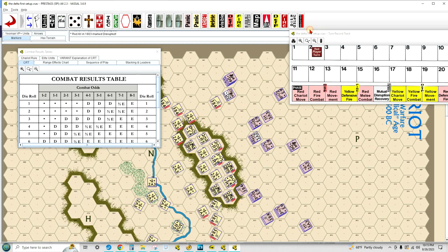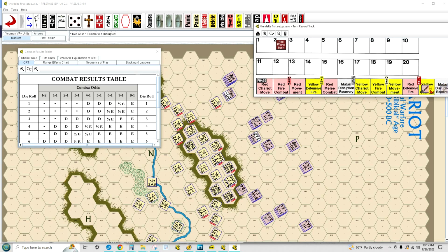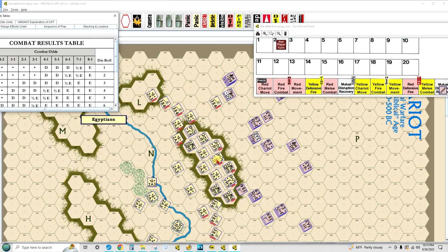Okay. And then we're done. Okay. They cannot... I don't think there's any disruptions for yellow, so the Egyptians are cool there. We're ready to go to the next